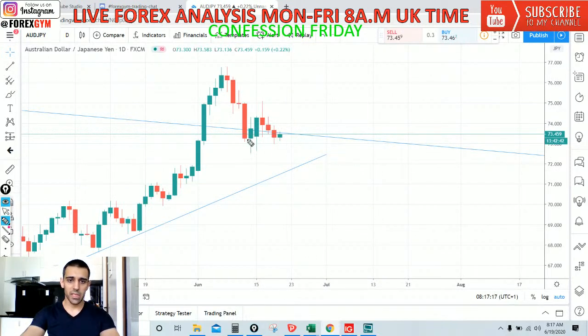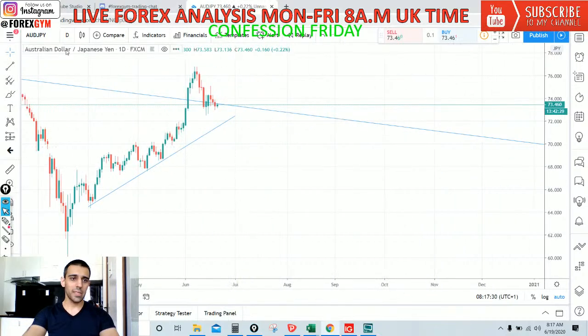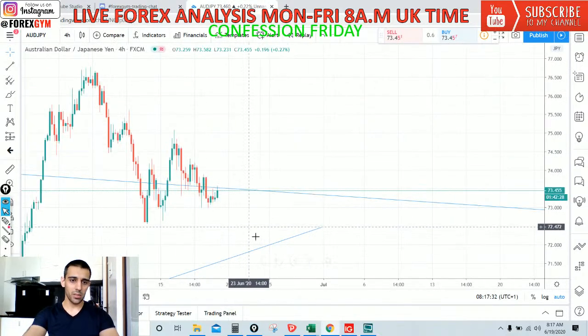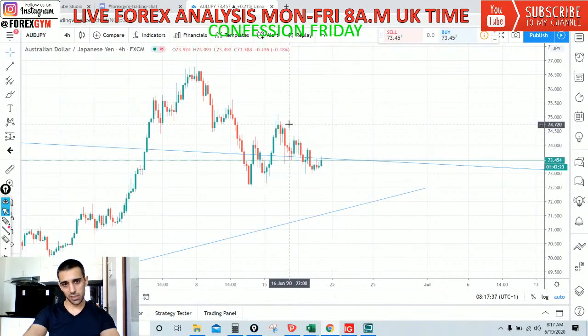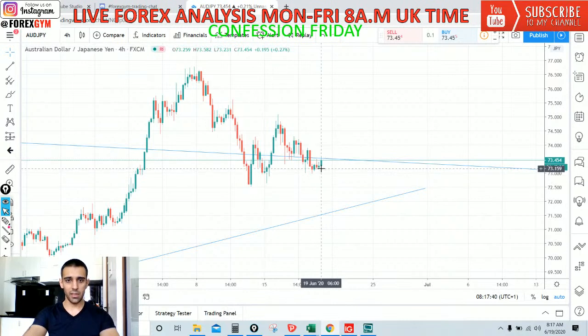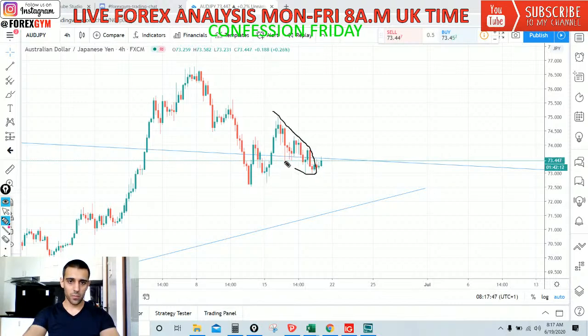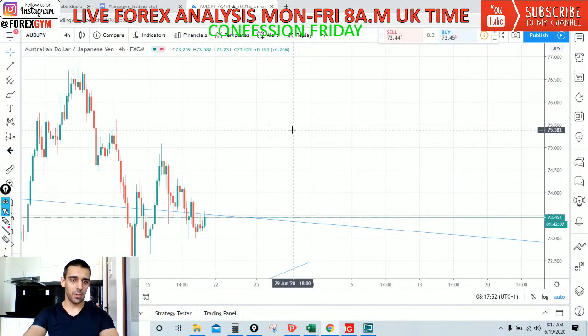So this is the daily time frame. The price came down to test this support level again. It has already tested it here multiple times, but because we are sitting in this weird mode, just look at the 4 hour time frame. Actually, 4 hour doesn't look that bad. It doesn't look as bad as the daily time frame, but we're down to this orangey mode. This one was a nice move, but we are in the range, and the daily time frame does not look particularly good.